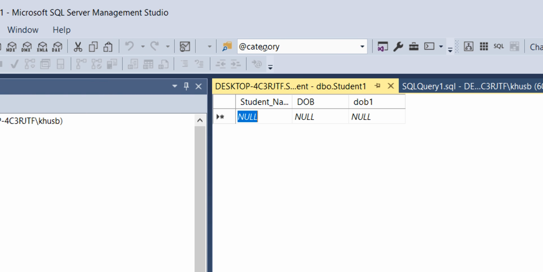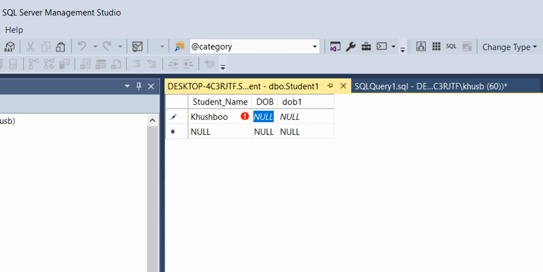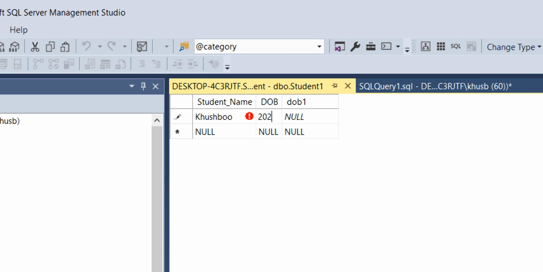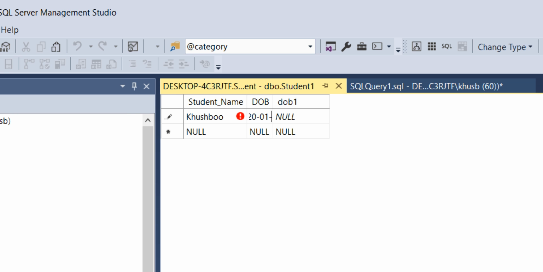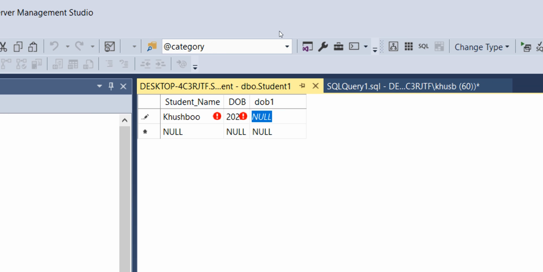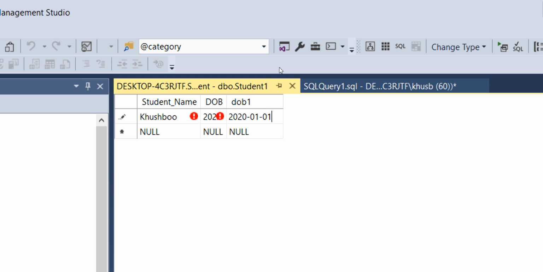In this we have only three columns: student name, dob and dob1. Let's say one student needs to be added, Khushbu, with a dob of, let's say, anything. We need to specify the date format as year, then month, then date, as we already talked about. Only this format is going to be accepted.